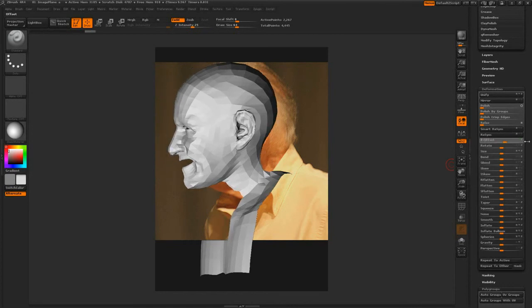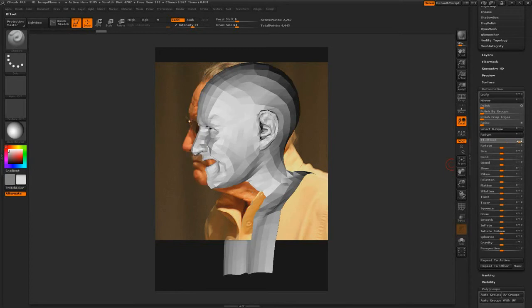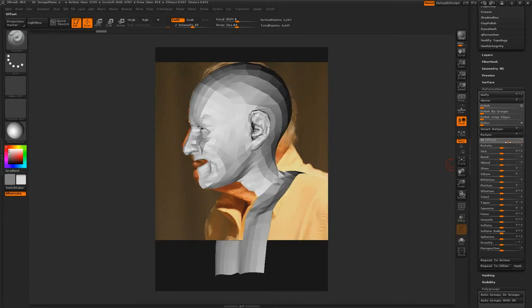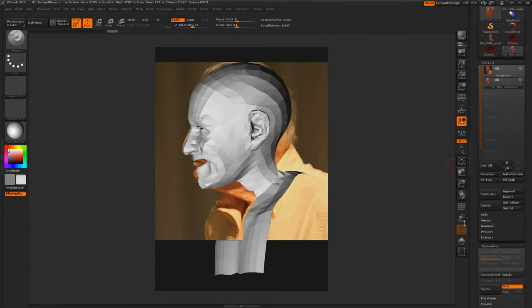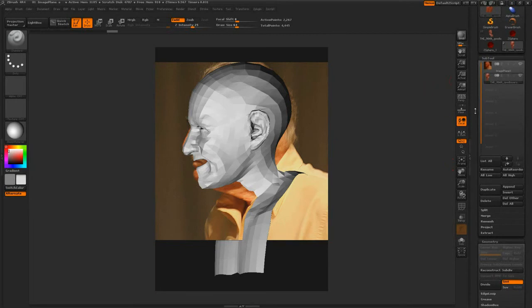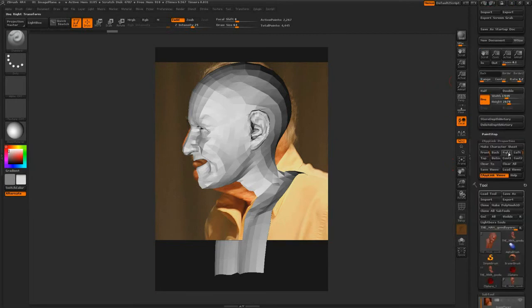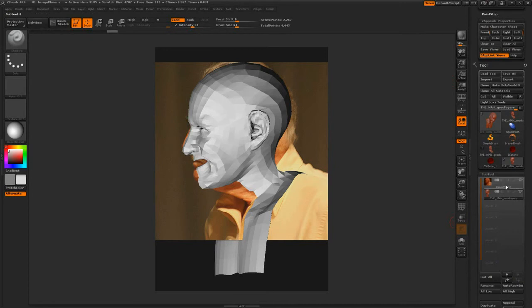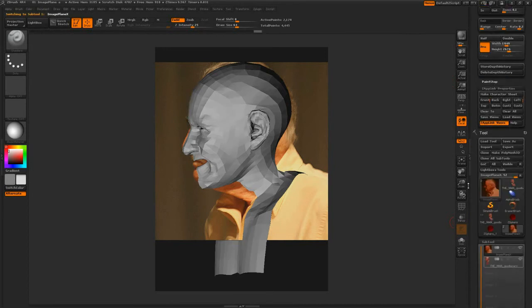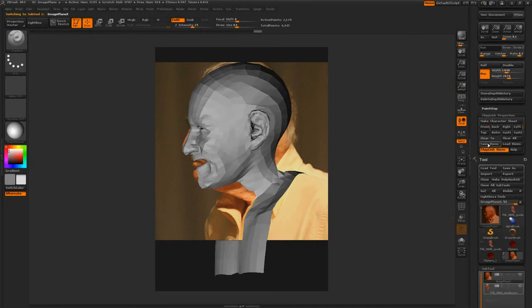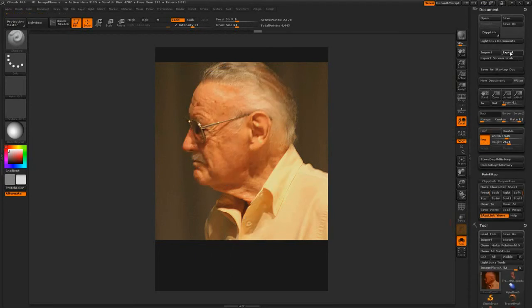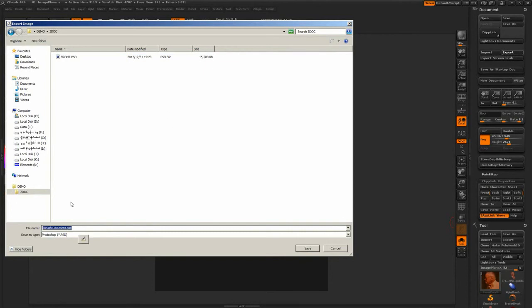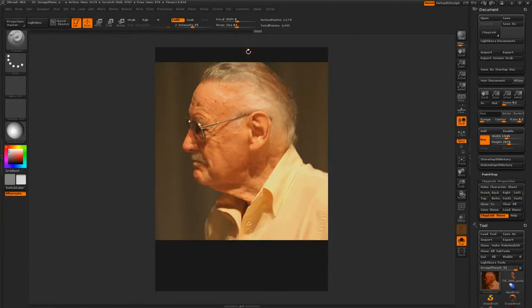We still have a long way to go, but probably something like that works more than fine. And so if we go back to the image plane, we also export the left. Now that we're done,